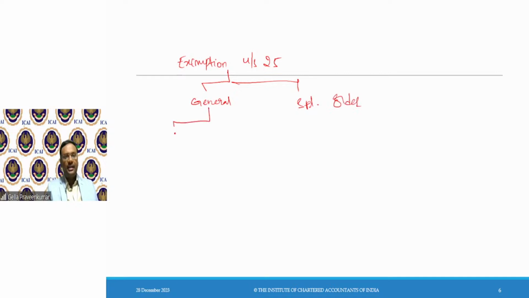My general exemption may be again bifurcated into absolute exemption or conditional. And these exemptions are valid for a period of 2 years, from the date of notification ending on March of the respective year.